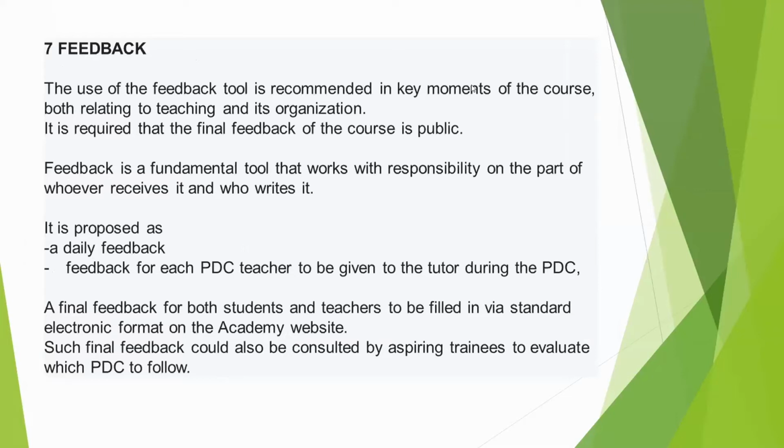The last point is the feedback, because it's a fundamental tool that supports the responsibility of everyone. It is important, and something that I didn't see often proposed at the academic level. It's important to have a final feedback of the course, but also a continuous check and feedback between teacher and students. So it's really important to have a